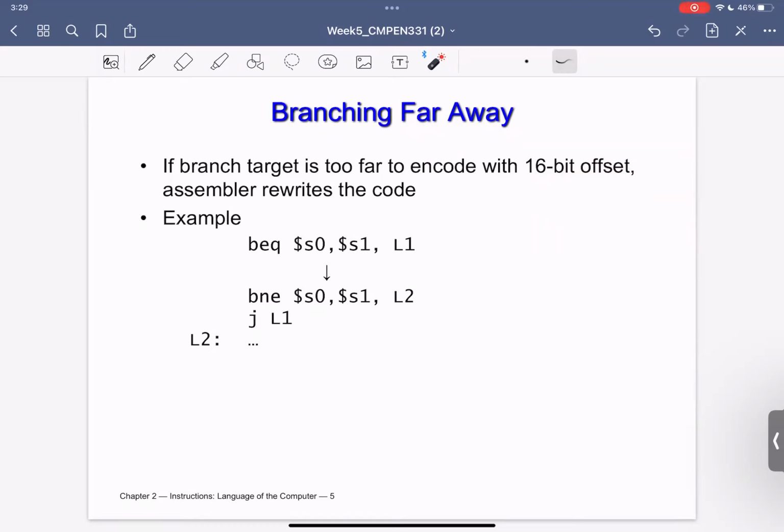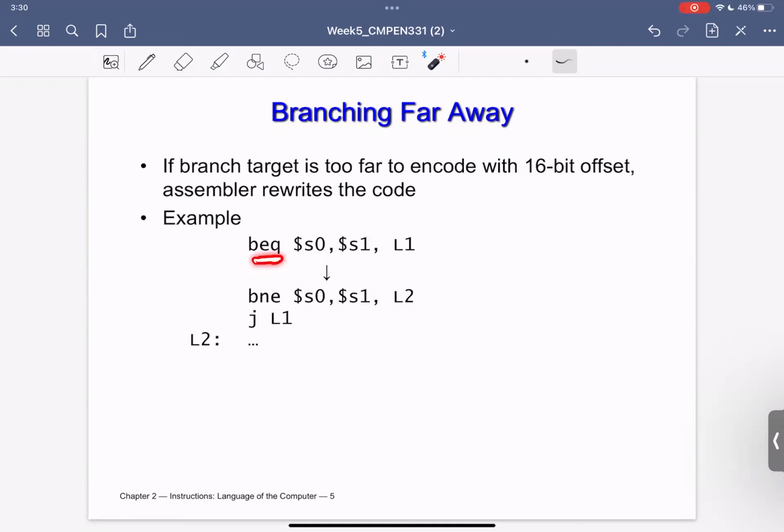How can I go over this problem? What is the trick that I can do in order to solve such a problem? Again, the problem is I would like to go to a certain address, to branch to a certain address, which is far away from me. Far means that that number should be written in greater than 16 bits. However, I have only 16 bits. The idea is simply like that.